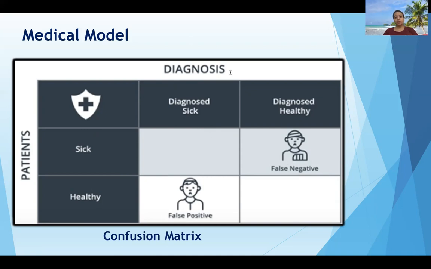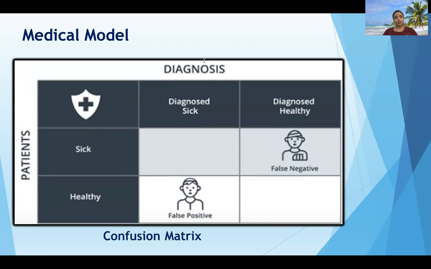So the rule of the model is to find all the sick people, and it is okay if by mistake some healthy person is considered sick by this model, because the healthy person will go for further examination and will be sent home later as healthy. But I need to find out all the sick people.